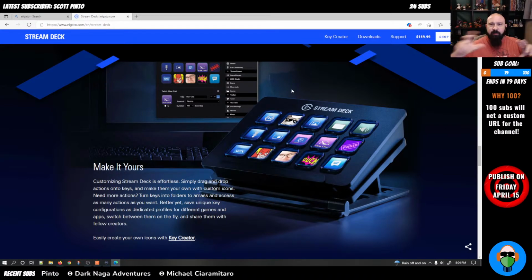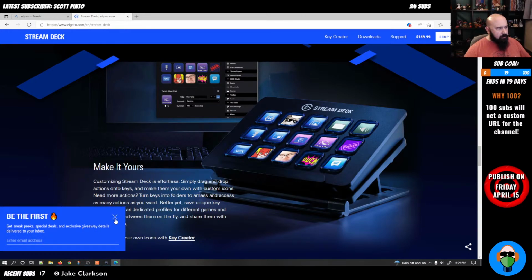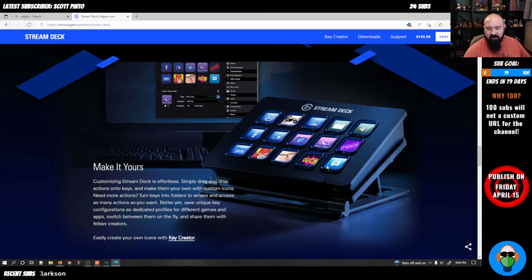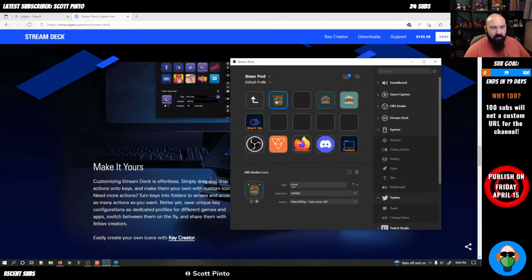So it's a little 15 by 15 LED screen. You can configure what the button looks like and all that. You can build folders, so it's not just all that front page. You can actually delve deeper into it. But it just allows you to set up different settings. So I've got mine configured, and you can kind of see here that I can use it